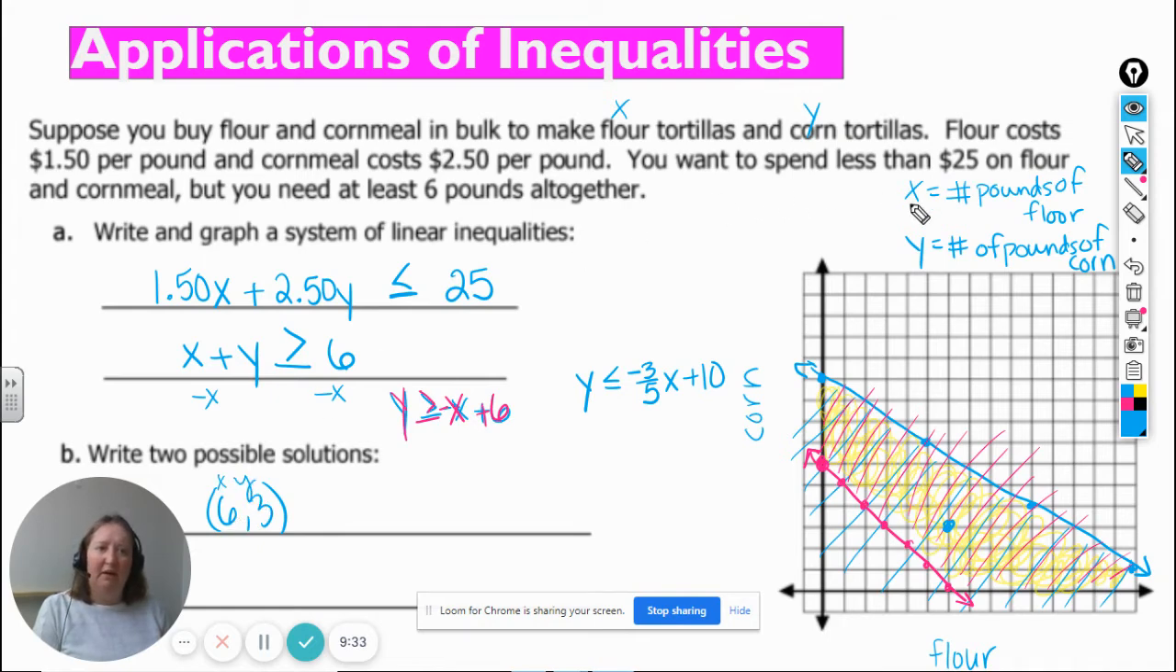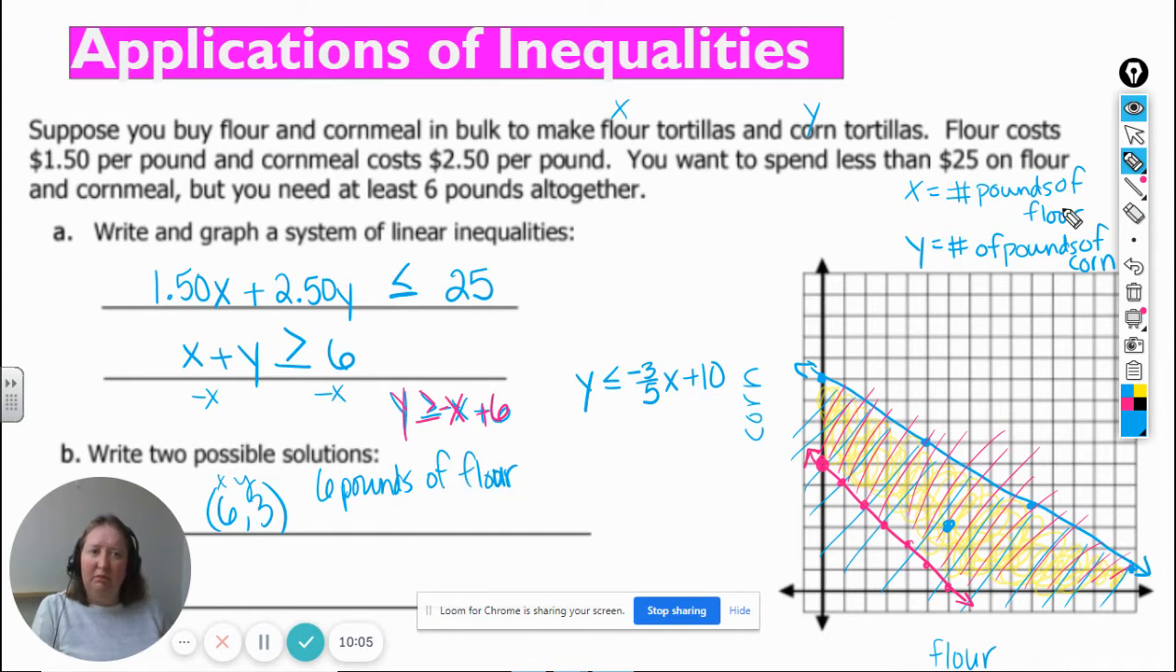Well, what was the x supposed to be? Let's go back up here. Number of pounds of flour. What was the y supposed to be? Number of pounds of cornmeal. Okay, so that means one possible solution to fit this situation. You will spend less than or equal to $25, but you will at least have 6 pounds of flour, maybe more. Then you could buy 6 pounds of flour,